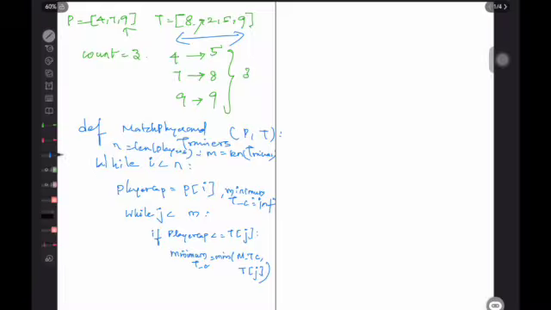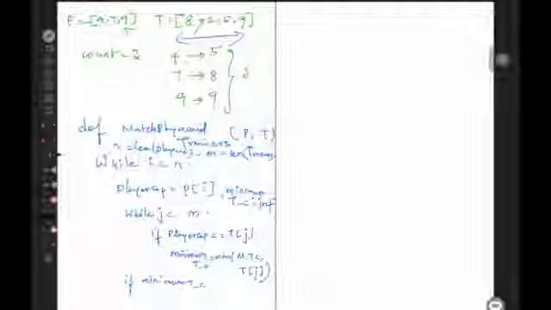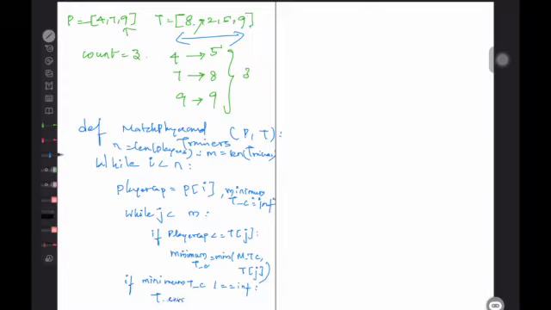So once you terminate the loop, if minimum training capacity is not equal to infinity, meaning we have found one, you have to remove that particular element from the array.